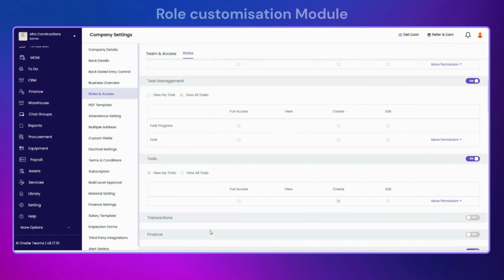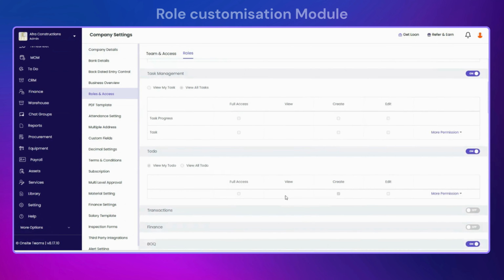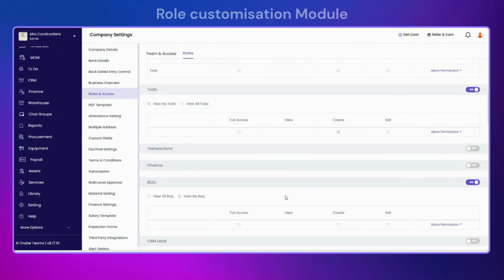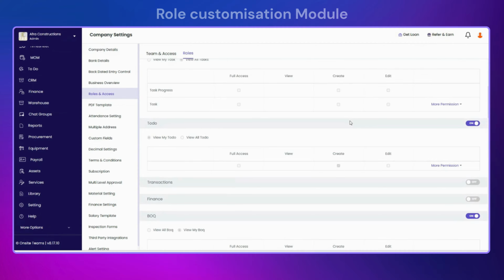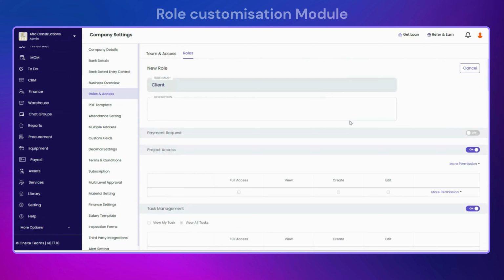Some users may only have an option to view data. Some can create or edit data. Some have the authority to approve actions. So this prevents mistakes, unauthorized access, and operational confusion. So in order to create a new role,